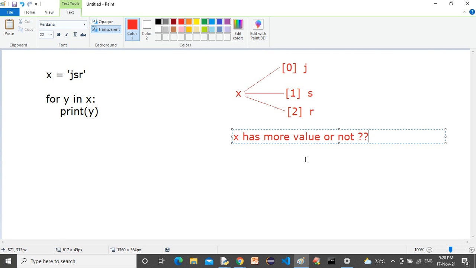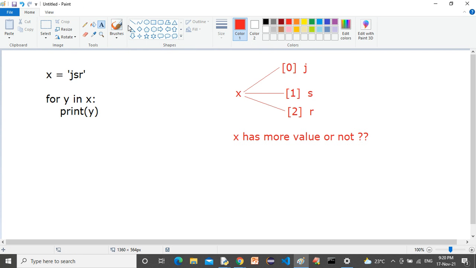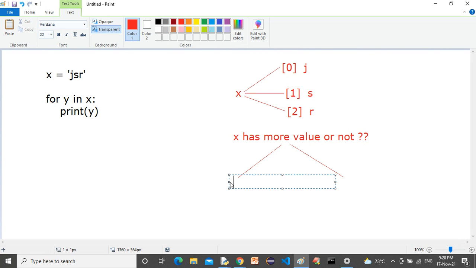So when it asks this question, you can have two options, correct or not? Yes or no. So here yes, and here no. Two options: we have the value or we don't have the value.